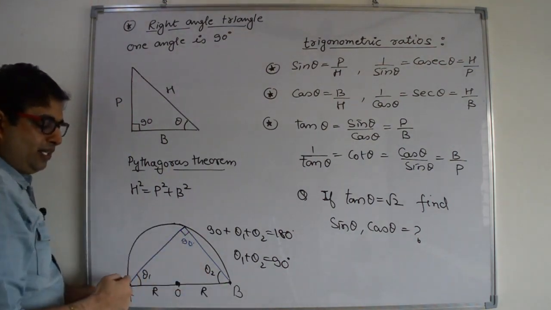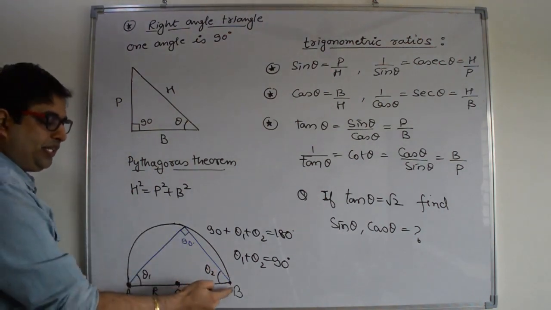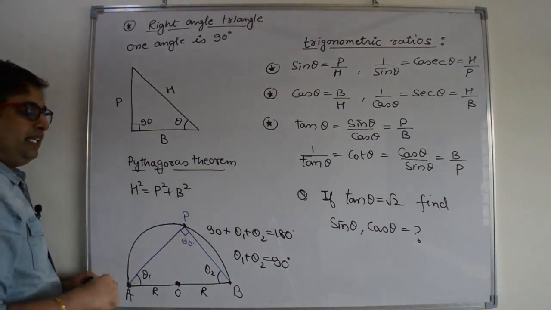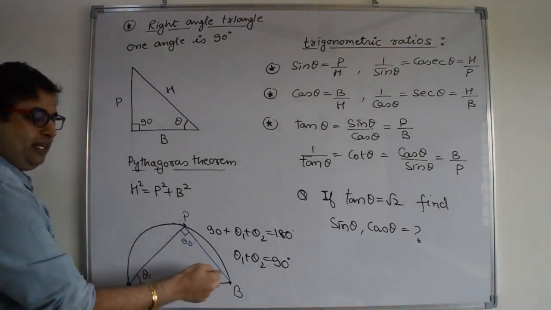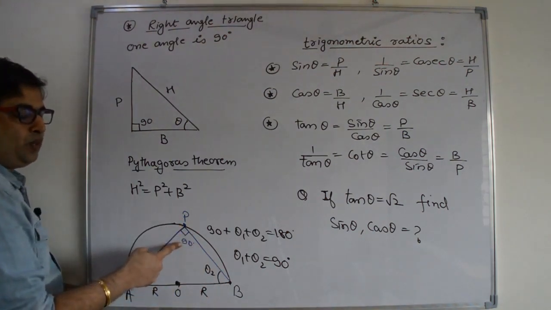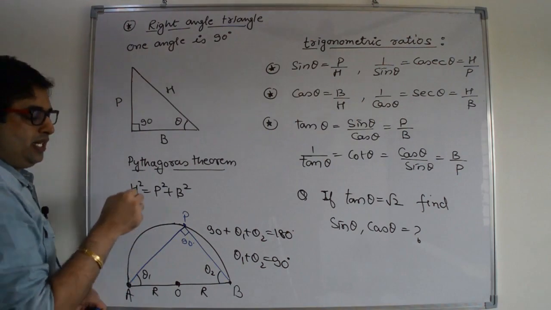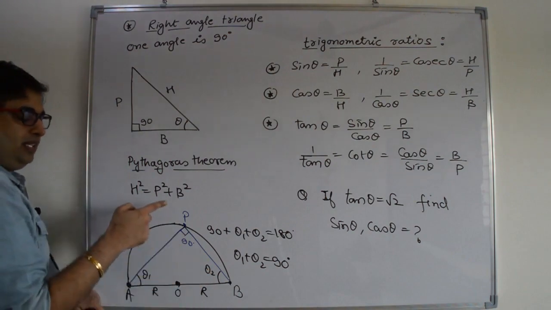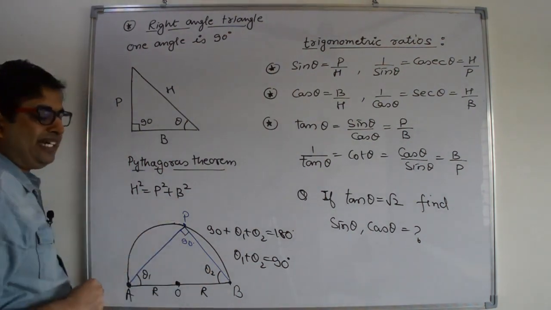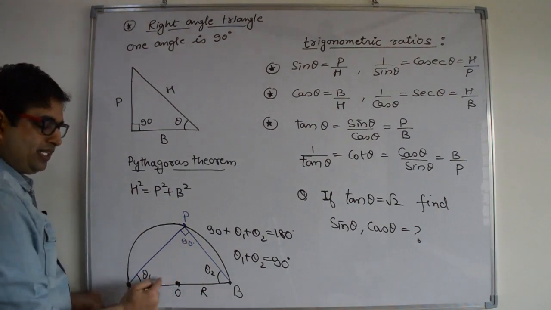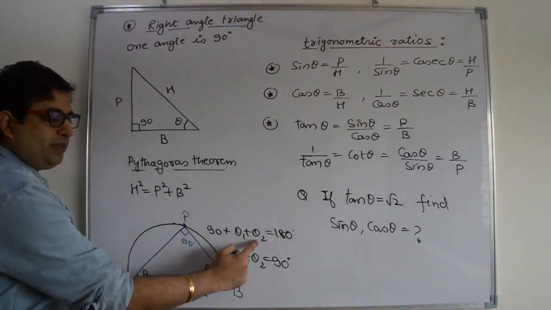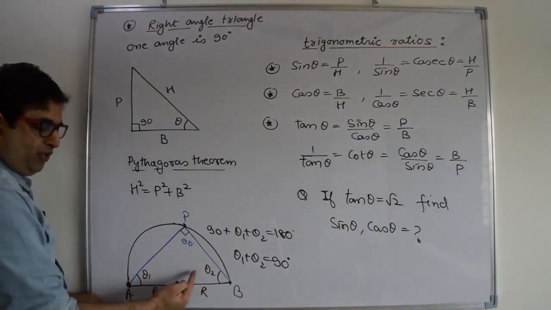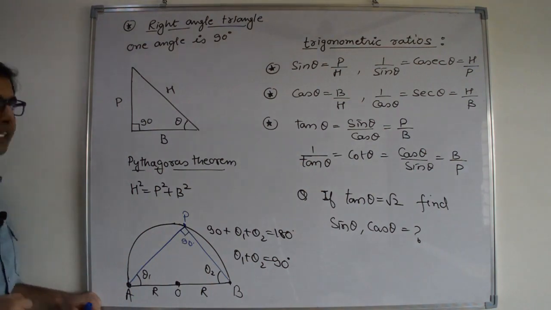Okay. Now there is a small point. In a circle or in a semicircle, if you connect the 2 diametrically opposite ends to any point P, then the angle made by AP and PB is always equal to 90 degree. This is a very small point from mathematics. Whenever you connect a diameter at any point P, it makes 90 degree. So 90 plus theta 1 plus theta 2 is equal to 180 degree. So theta 1 plus theta 2 is equal to 90. That means the sum of these 2 is also 90 degree.